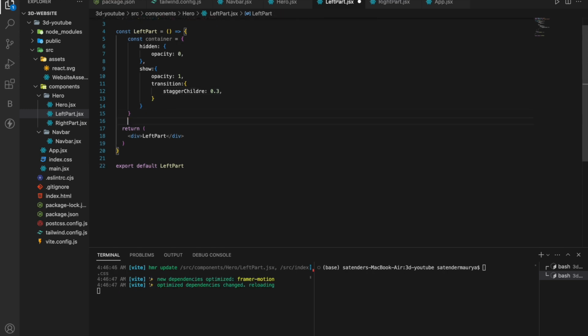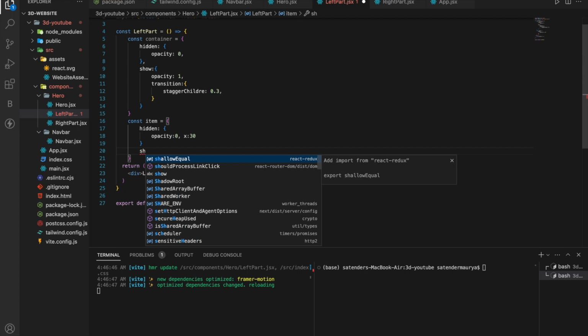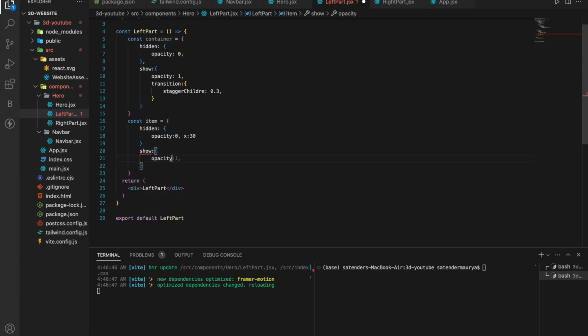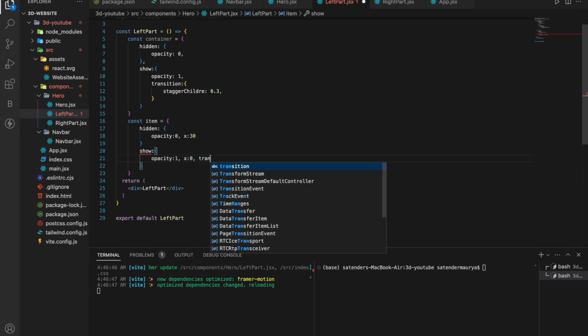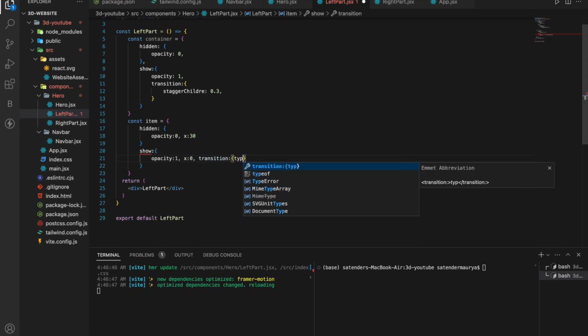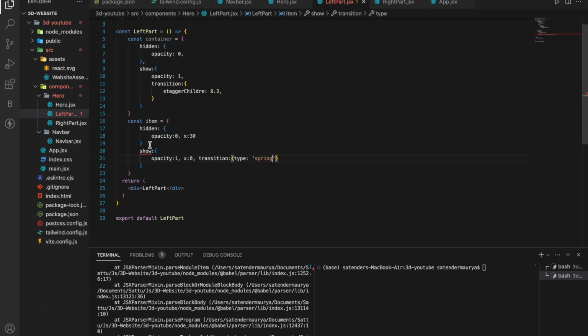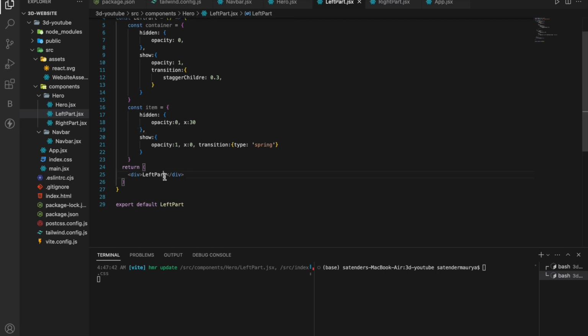and then after that we'll make another variant for items, in which hidden will be opacity 0, and then x 30, and in show will have opacity 1, and then x to 0, and in transition will have type spring, comma. So remove this,